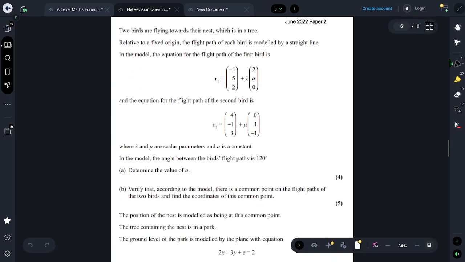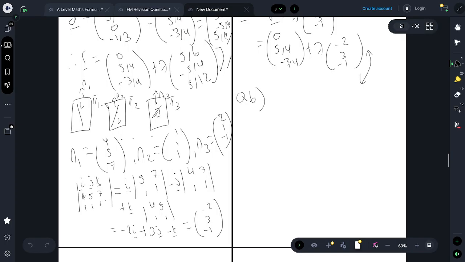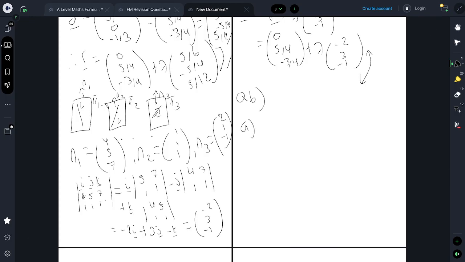And now we've got another vector question. Like I said, vectors will come up. So now we've got this. It's giving us the vector equations of two birds, essentially, and their flight paths. The angle between them is 120 degrees. Find the value of a. Well, this is essentially just using